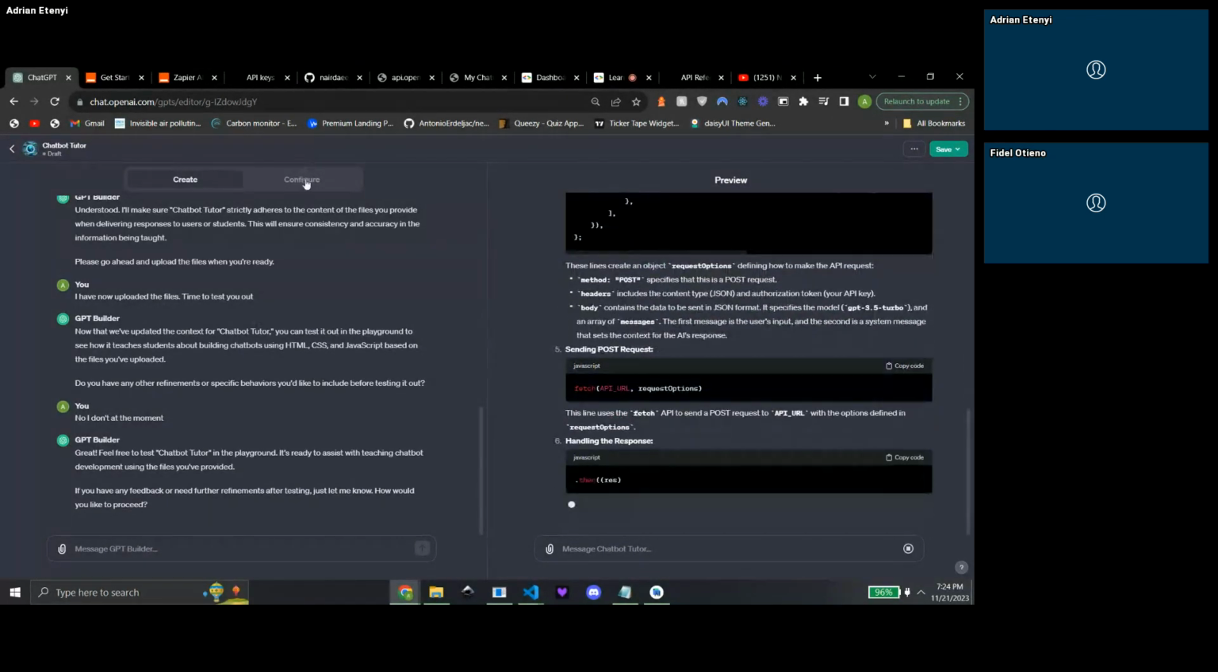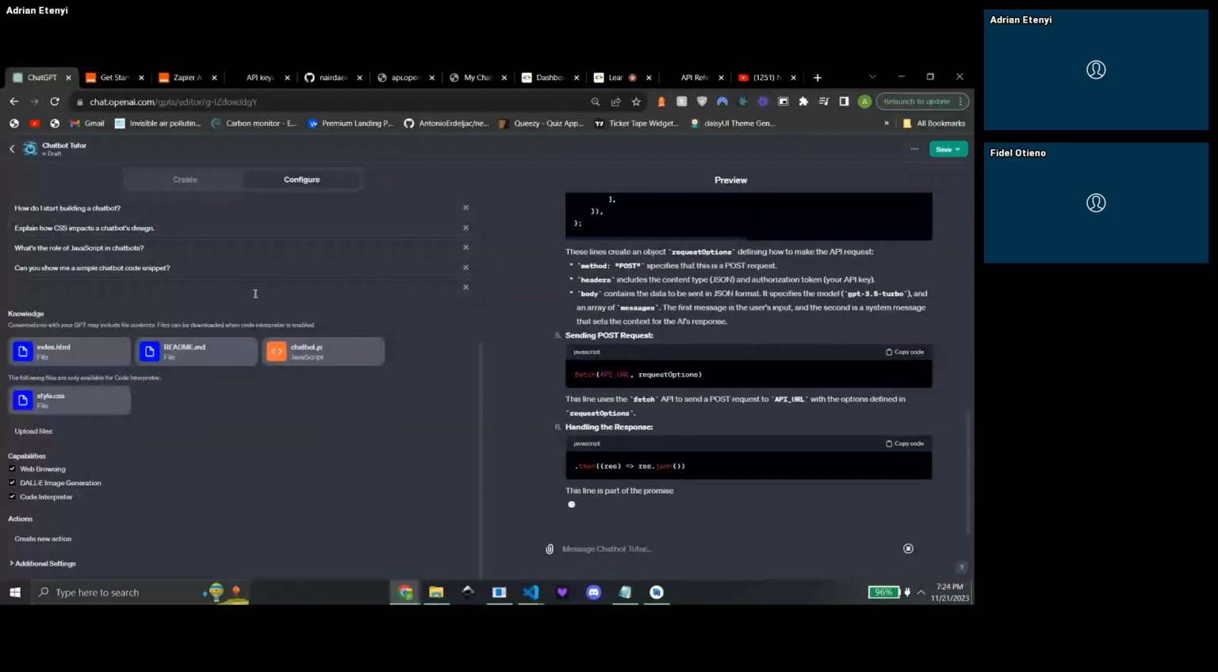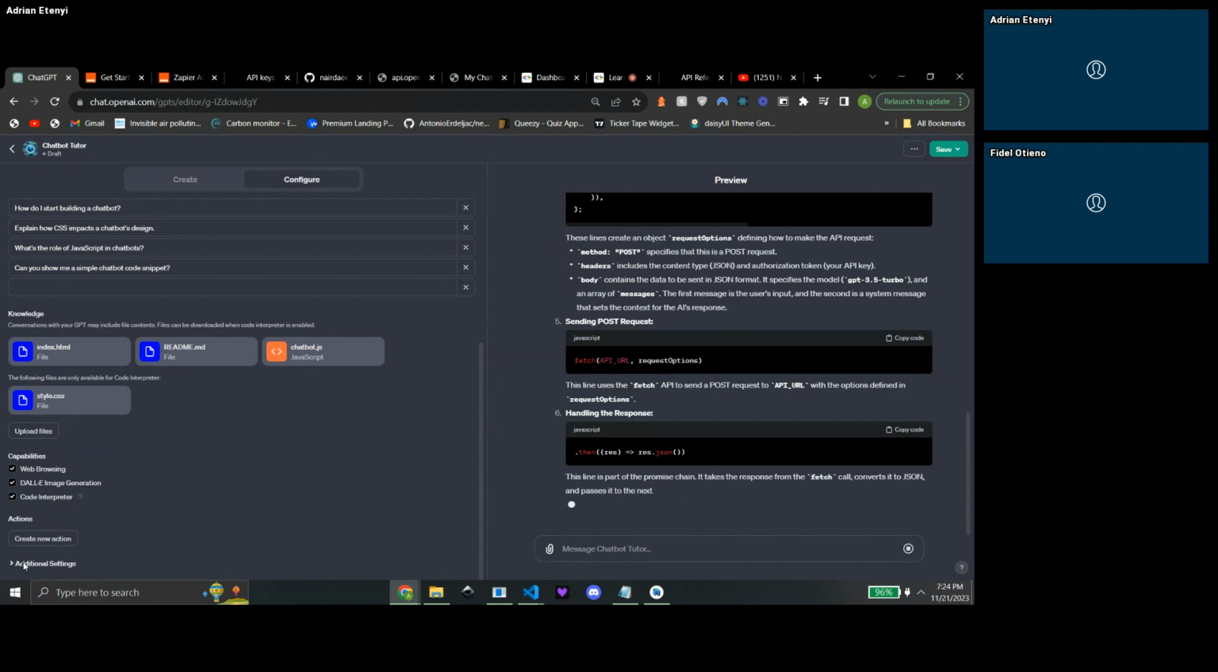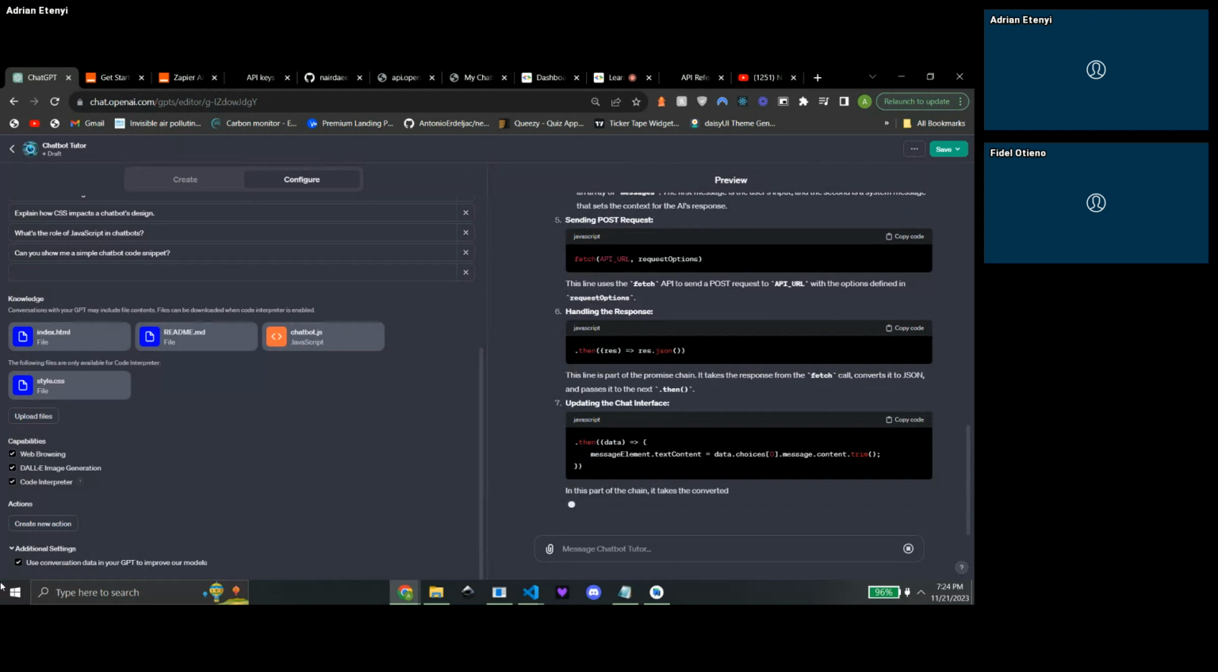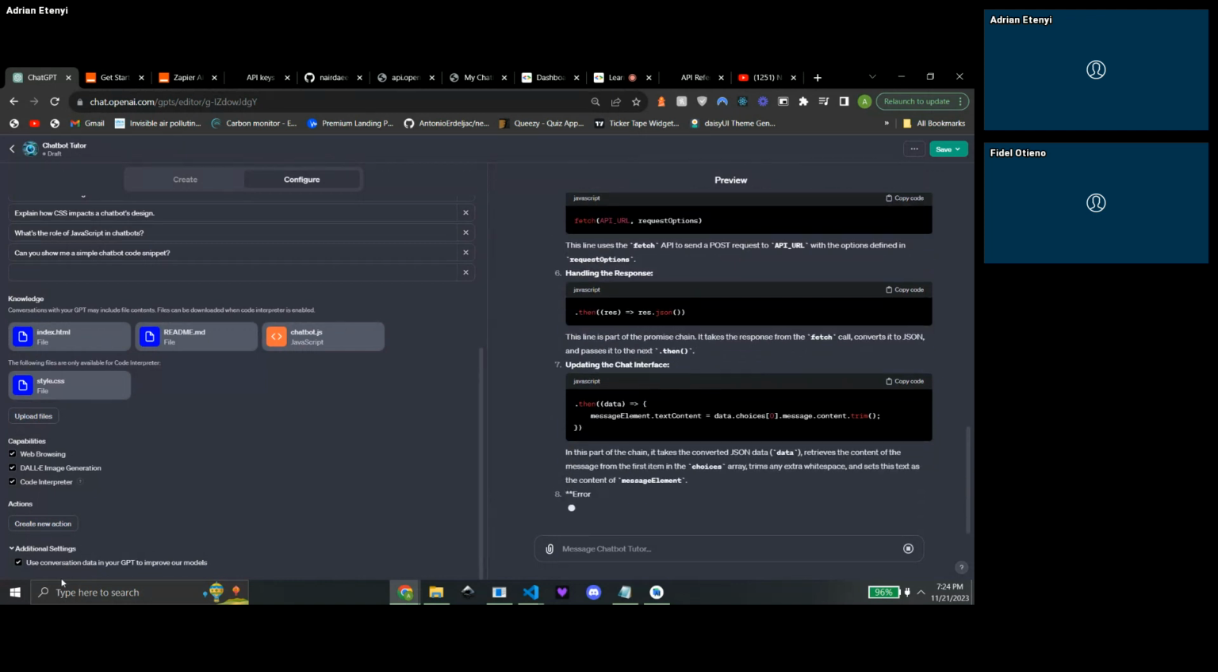Now we come to the interesting part, right? Integrating with other products. So over here, you have actions and you have additional settings. Now this is to either opt in or out of the